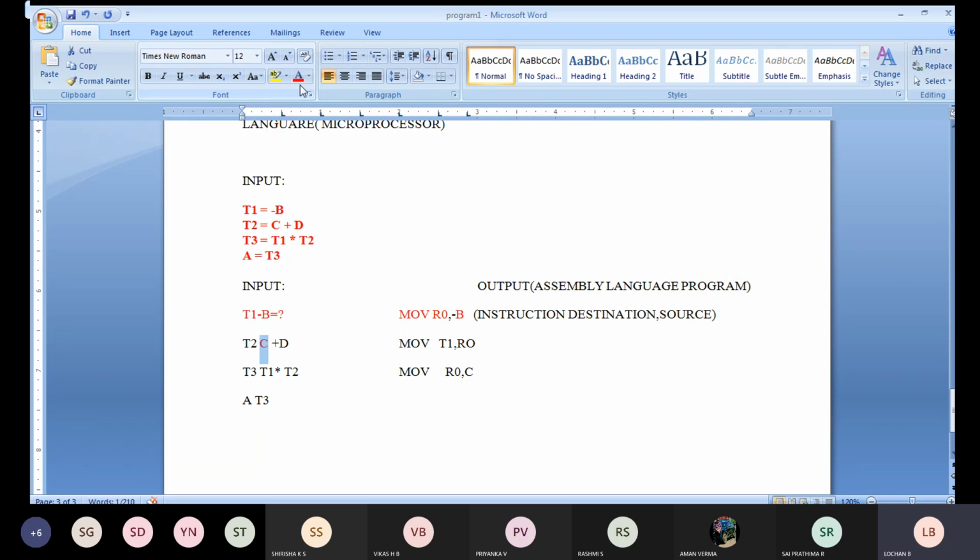Which is the next instruction you got here? Plus instructions you got. Can you see? C plus D is there. So I am going to write an instruction add. So what is the content of R0 you got in this particular case? C you got. That R0 I am going to move to